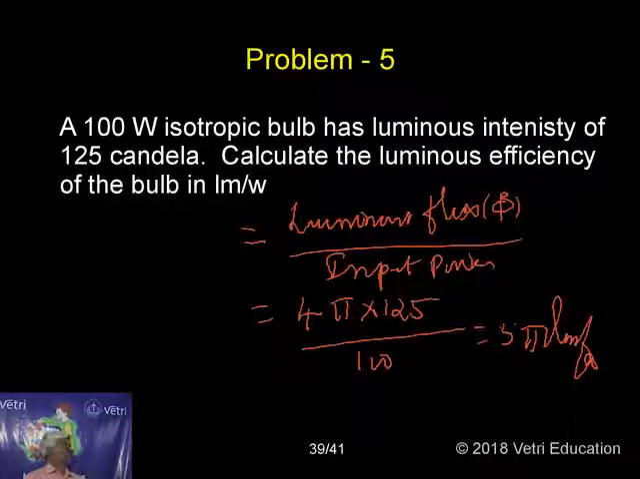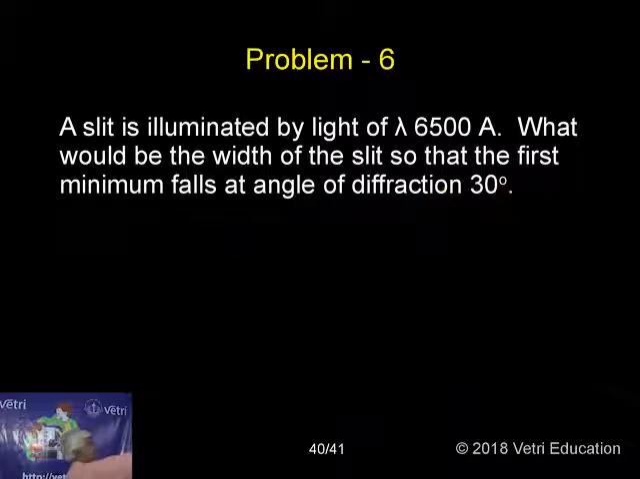What is luminous efficiency? Now problem 6. A slit is illuminated by light of wavelength 6500 angstrom. What would be the width of the slit so that the first minimum falls at an angle of diffraction of 30 degree? So here the question is asked to find the slit width. This is a direct problem. We know